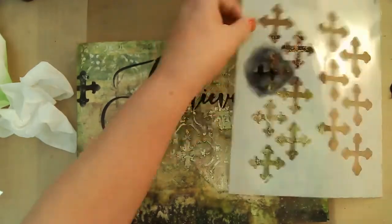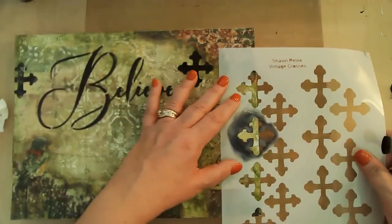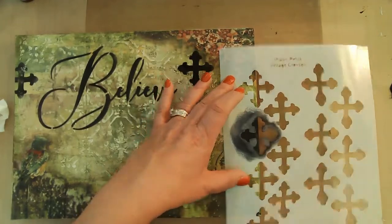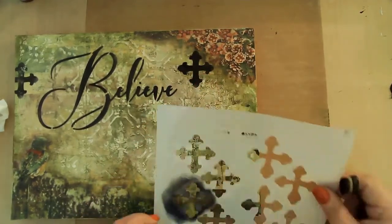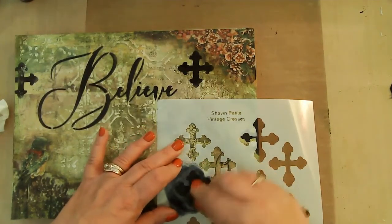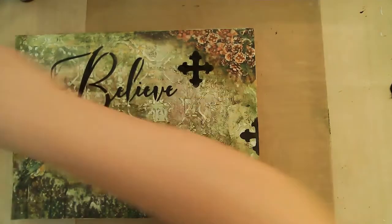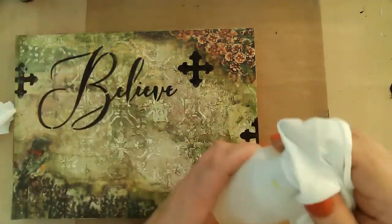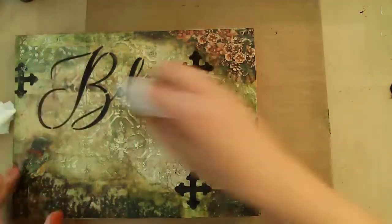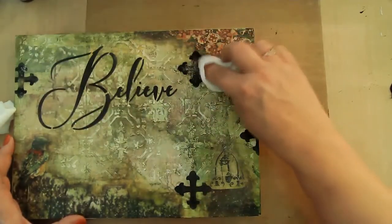The black archival ink is very, very bold, as you can see there, and I didn't like that. So in a moment, you're going to see me come in with a baby wipe and some alcohol and rub some of that ink off to lighten it and give it kind of a scratchy look, so it's not quite as solid black as you see there. Because it was archival ink and I had just done it, it was probably wet. It did smear some of the black ink a little bit, but I think that just added to